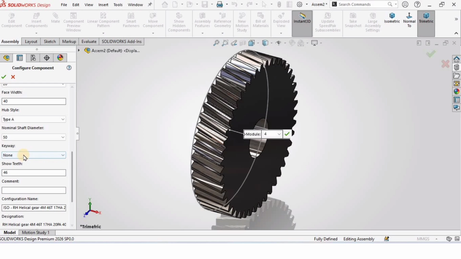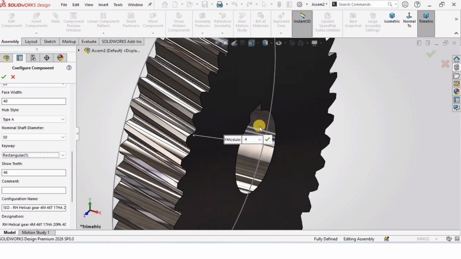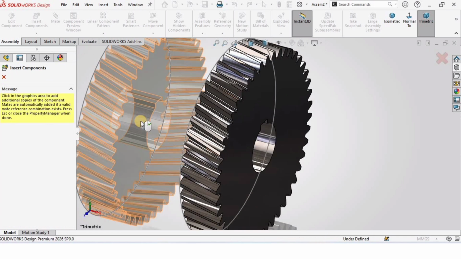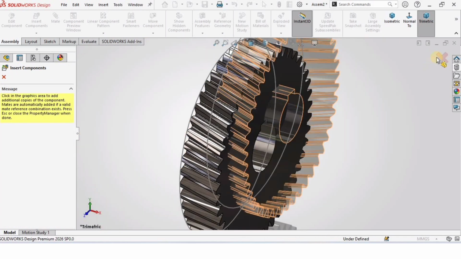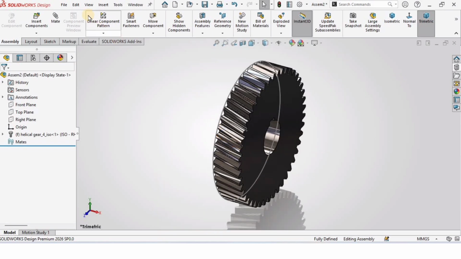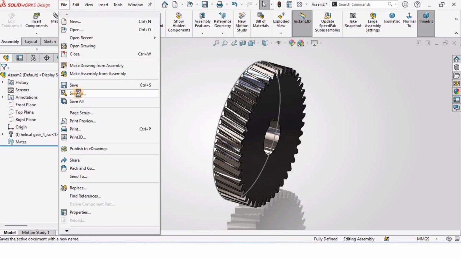Then select the keyway, option number 1. It will appear over here like this, as you can see from here. Then you can check the box. As soon as you check the box, automatically another gear will appear, which I will cross because I want only one gear. So now you have to go to file, click on save as,